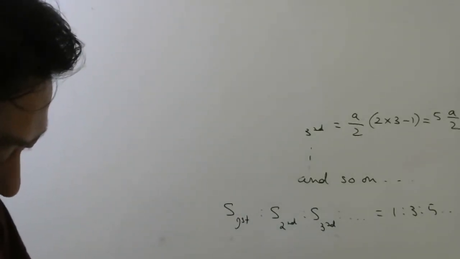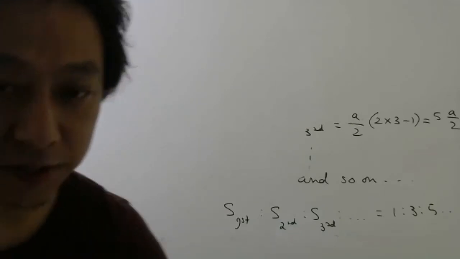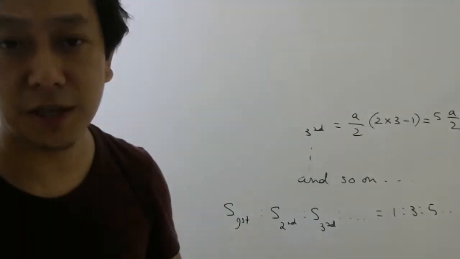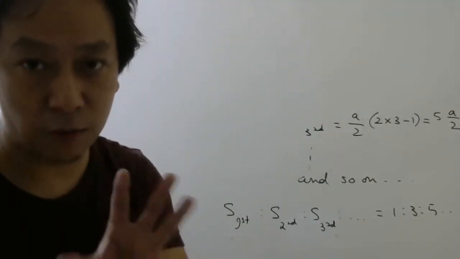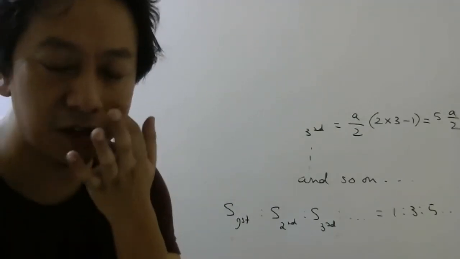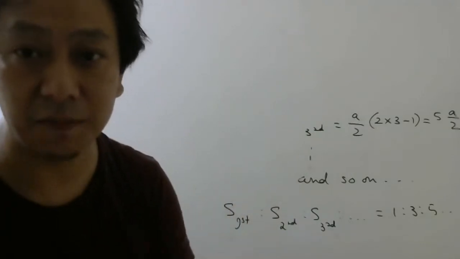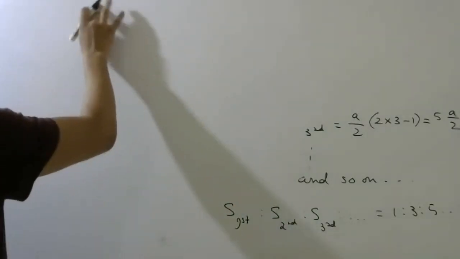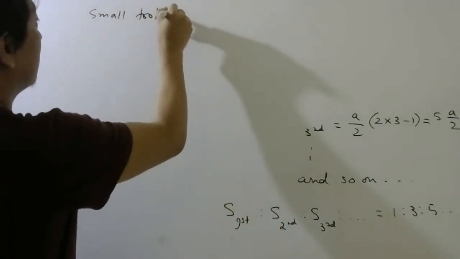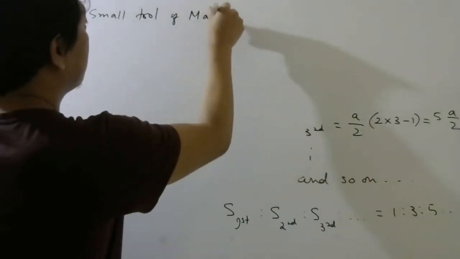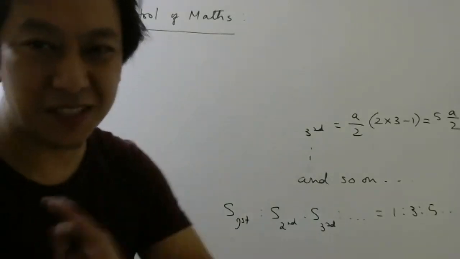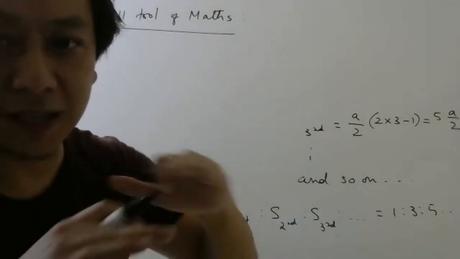Okay, let's see what next we have to do. Okay, students, now in the remaining class, before we start doing more problems, I have to teach you one small thing in mathematics. I hope you know it, but I still want to revise it once because it is very important and a lot of things can be done faster by knowing it. This is a small tool of mathematics which we need. I'm sure most of you know this, but I will revise it so that everyone is at the same level.